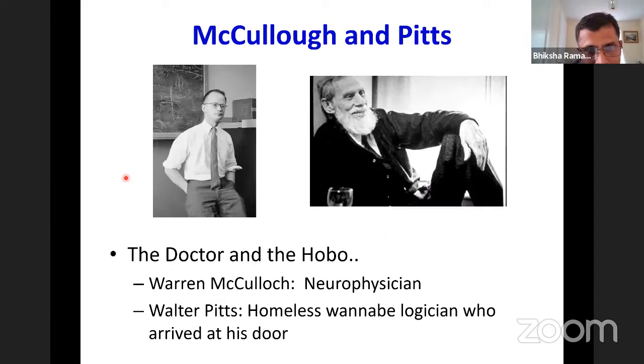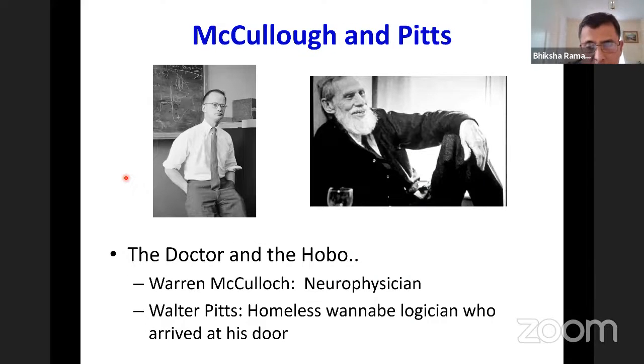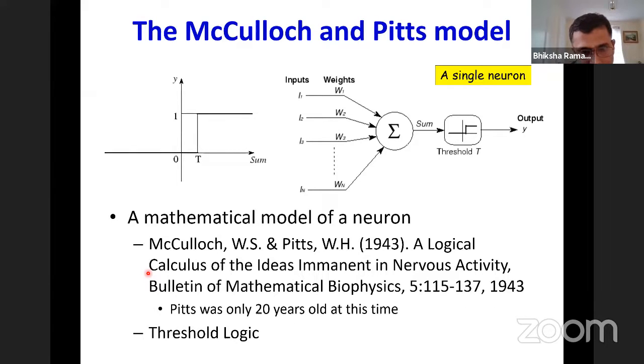Anyway, going on with it, we're going to just try to emulate this simple structure. The first computational model for the structure was produced by these two guys, McCullough and Pitts. Now, Warren McCullough was a neurophysician at the University of Chicago, very well known. And Walter Pitts was a homeless guy who wanted to be a logician, who used to write letters to people like Bertrand Russell. And then one day when he was about 16 or 17 years old, he just wandered into McCullough's home. And so McCullough, the guy to the right, and Pitts, who looks a lot more reputable in this picture than McCullough, is the guy to the left, they got together and wrote this amazing paper on a logical